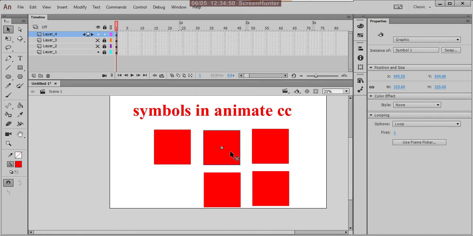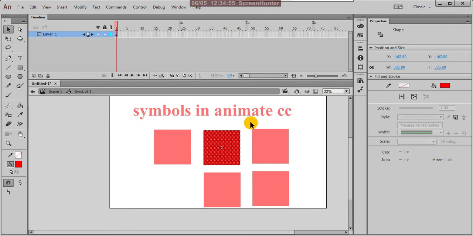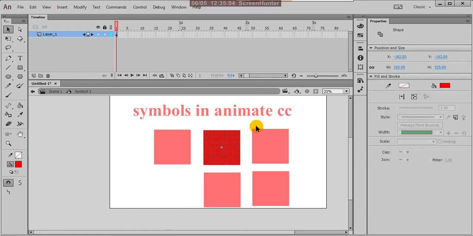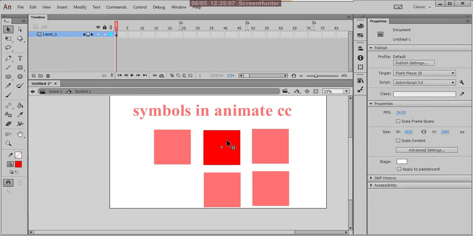For example, you can select any one and double click on that. Yes, you went into the first object shape you created on the stage. This is your actual mark image. So here you try to change the shape. See, automatically it is changing, other instances also changing. So you went into symbol editing mode. Now you come out from the symbol editing mode.